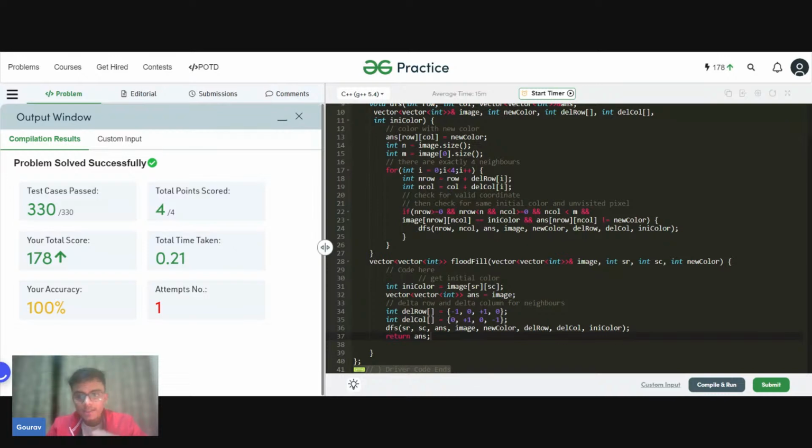How many days does it take to solve easy and medium questions comfortably? It depends upon your practice, but I am sure that in 1 month you can have a very good grasp of graphs. After you solve like 30-40 problems, you can very easily have a good grasp of graph concepts.